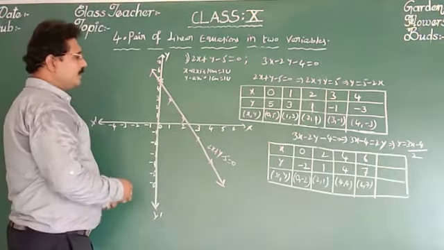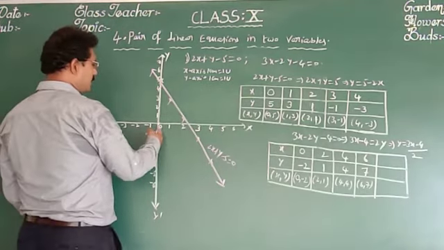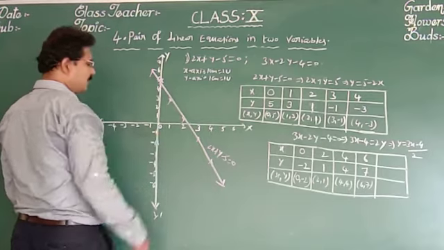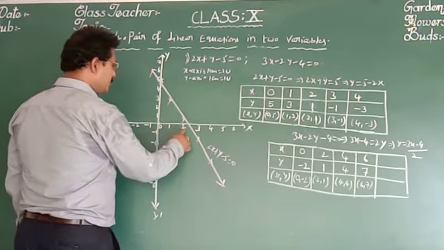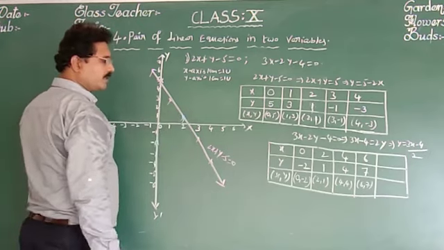Now next one, next graph, x 0, y minus 2, that is on the y-axis. x 2, y 1. x 4